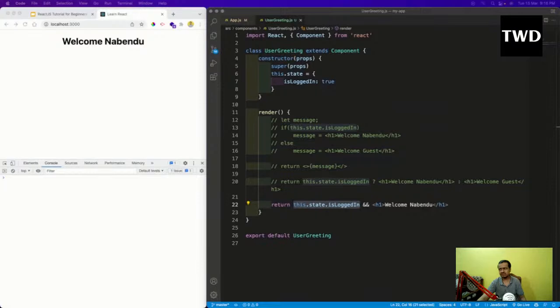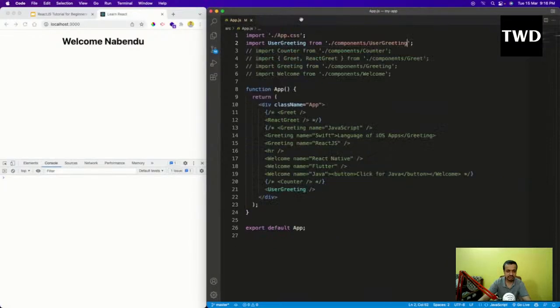When I was teaching JavaScript, I told one thing. This list rendering is generally done with map in React, and in React everything we get, we try to convert it into an array, and then through map we do it. Okay, so let us do that, and we come here, and we'll have another thing like